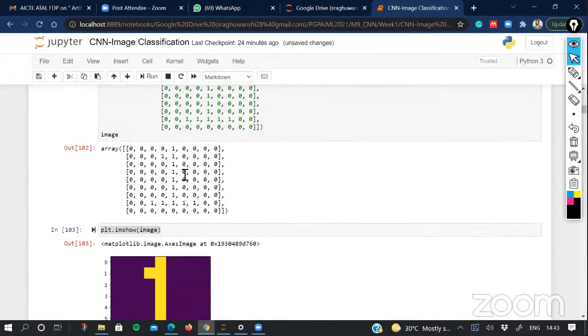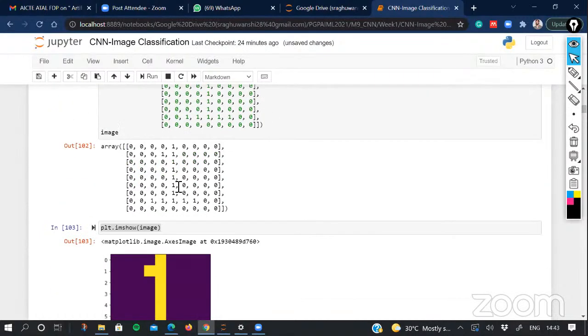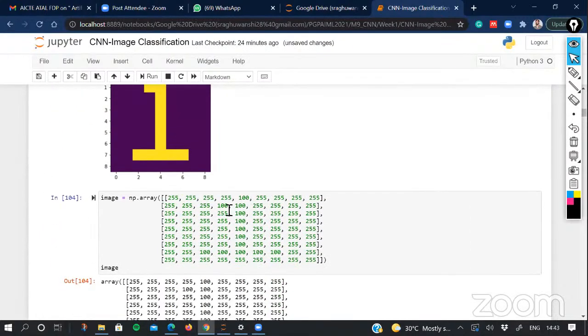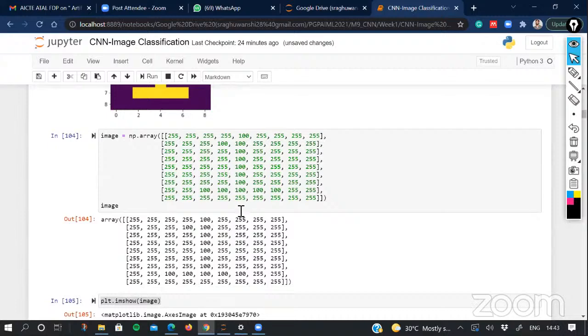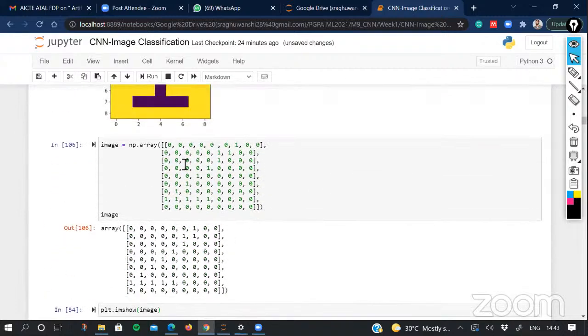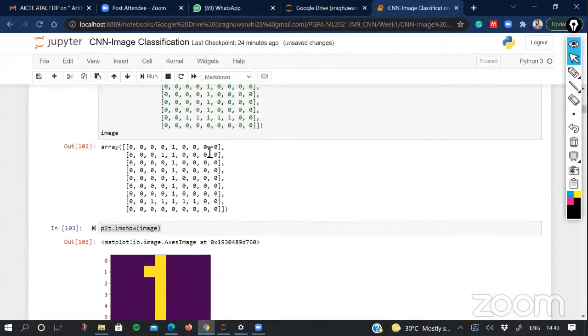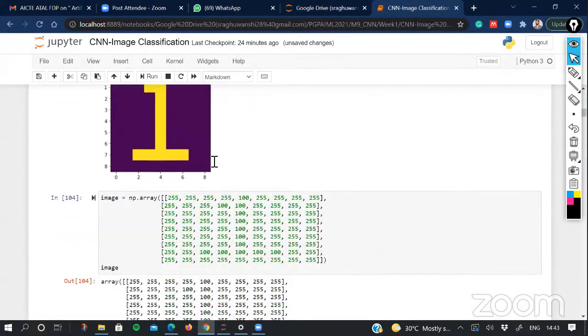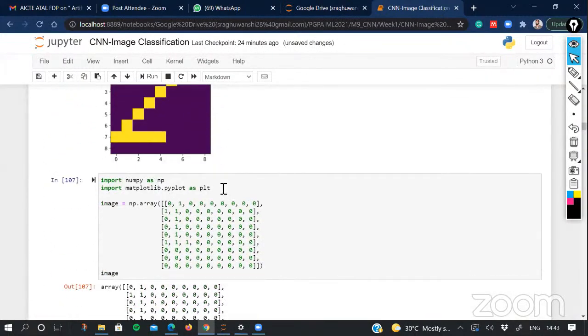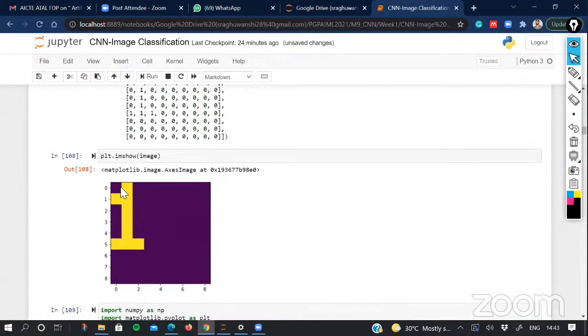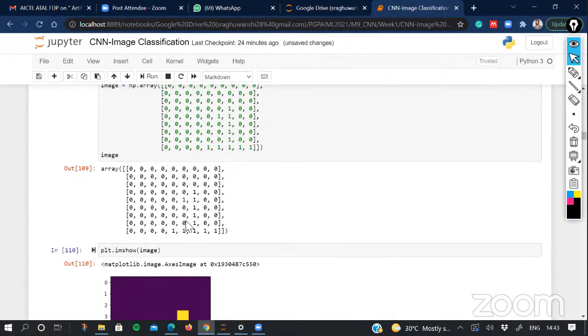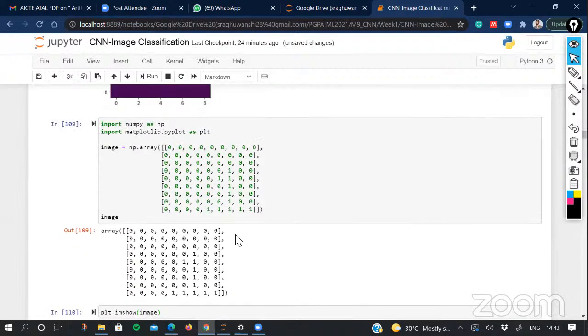Previously we only had 0 and 1 in these matrices, but next time we have 255 and 100 in these matrices. And the third time, these 0s and 1s can be misplaced, they can be at different places. So this matrix is completely different from the first matrix. Similarly for the other 2 combinations, where we can see the left top corner or the right bottom corner, these set of values are changing.